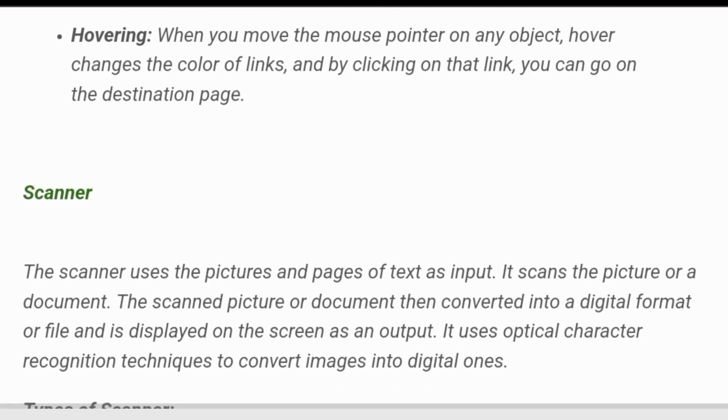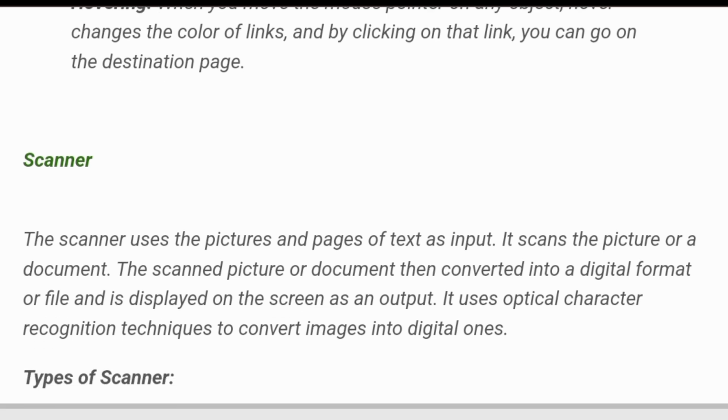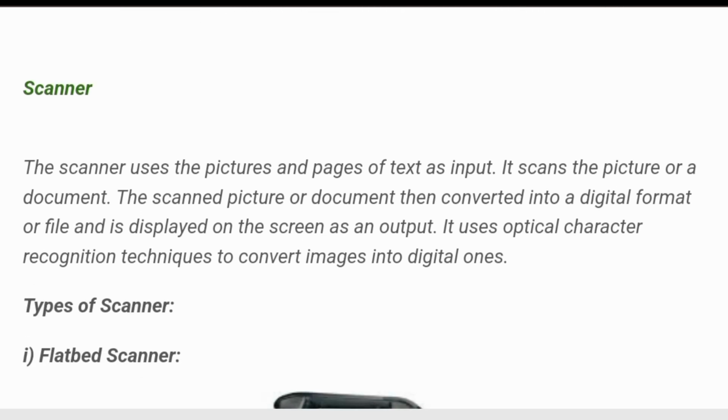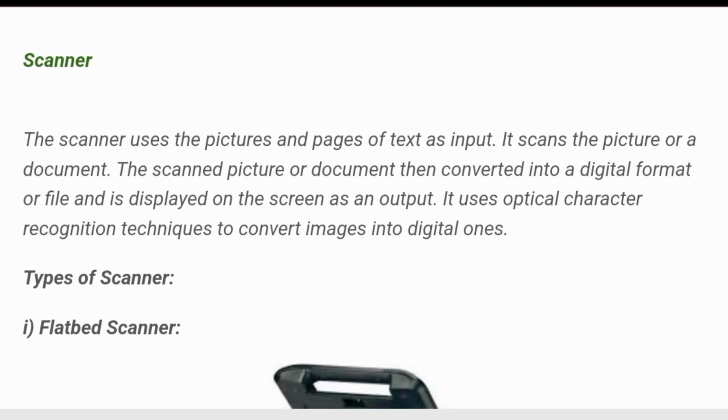And the second one, a scanner. What is a scanner? The scanner uses pictures and pages of text as input. It scans the picture or a document.